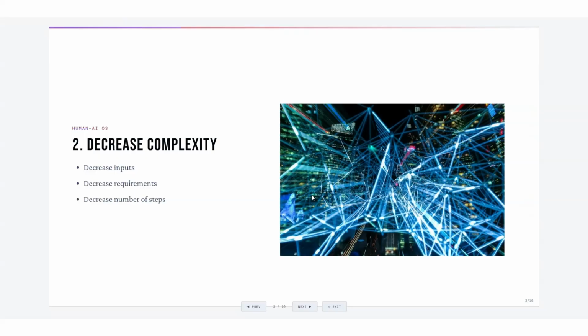And the more endpoints, or the more information or algorithms, or the more code or the more applications that you have that are integrating into your pipeline, the more noise that is also going to enter into your pipeline. So decreasing the requirements helps, and also just decreasing the number of steps.